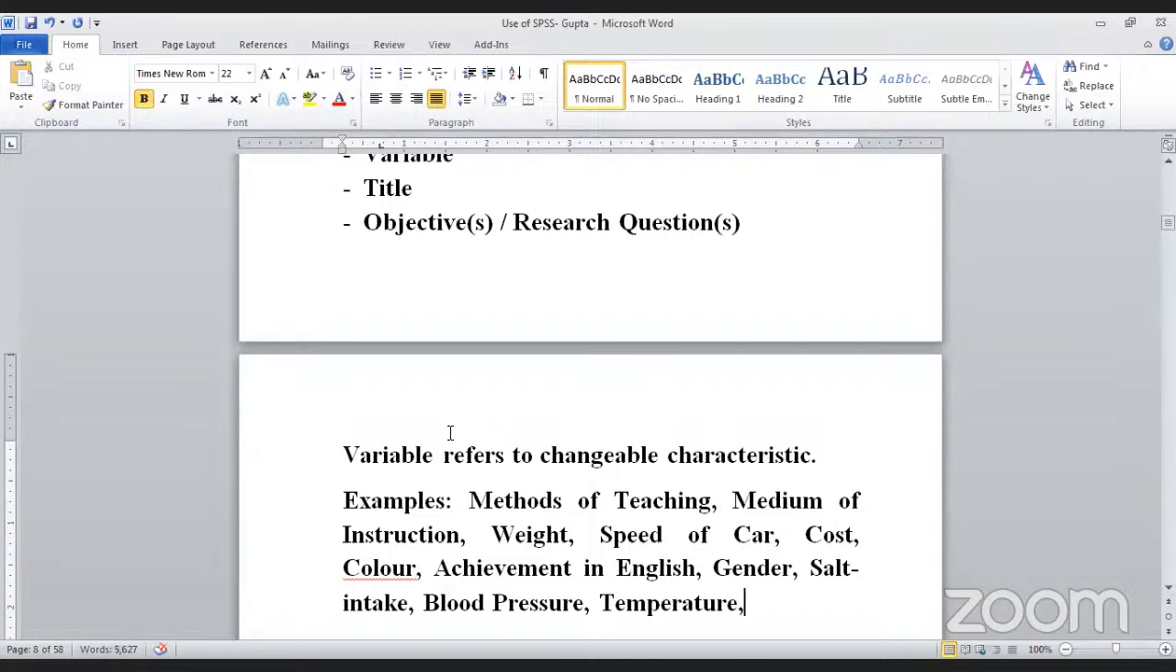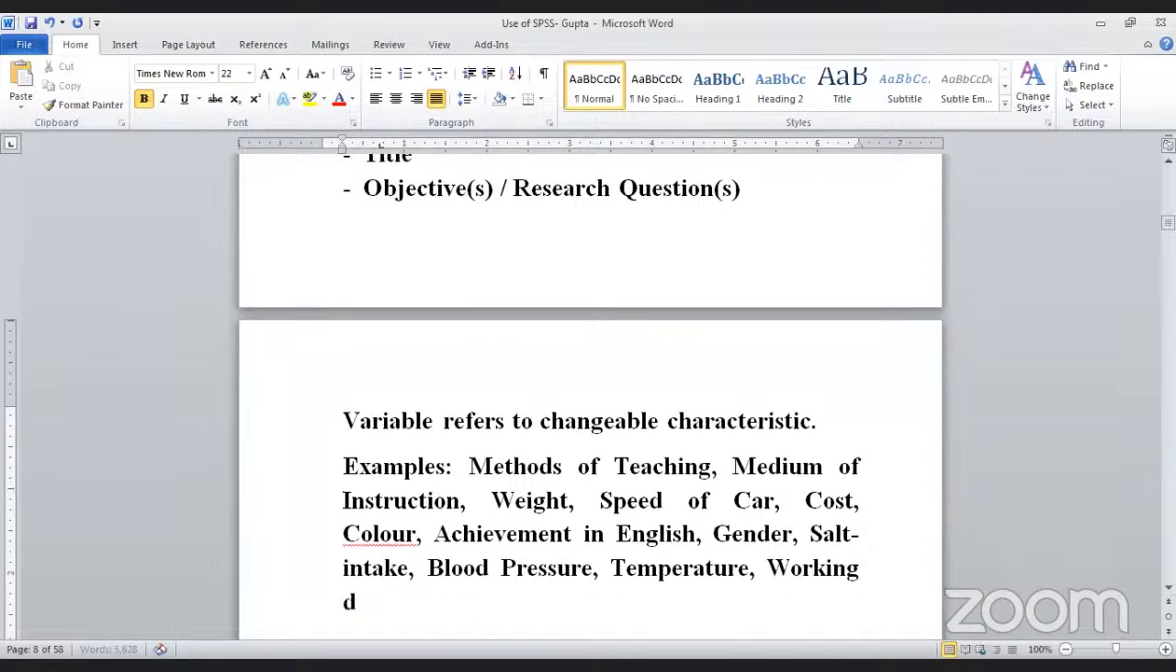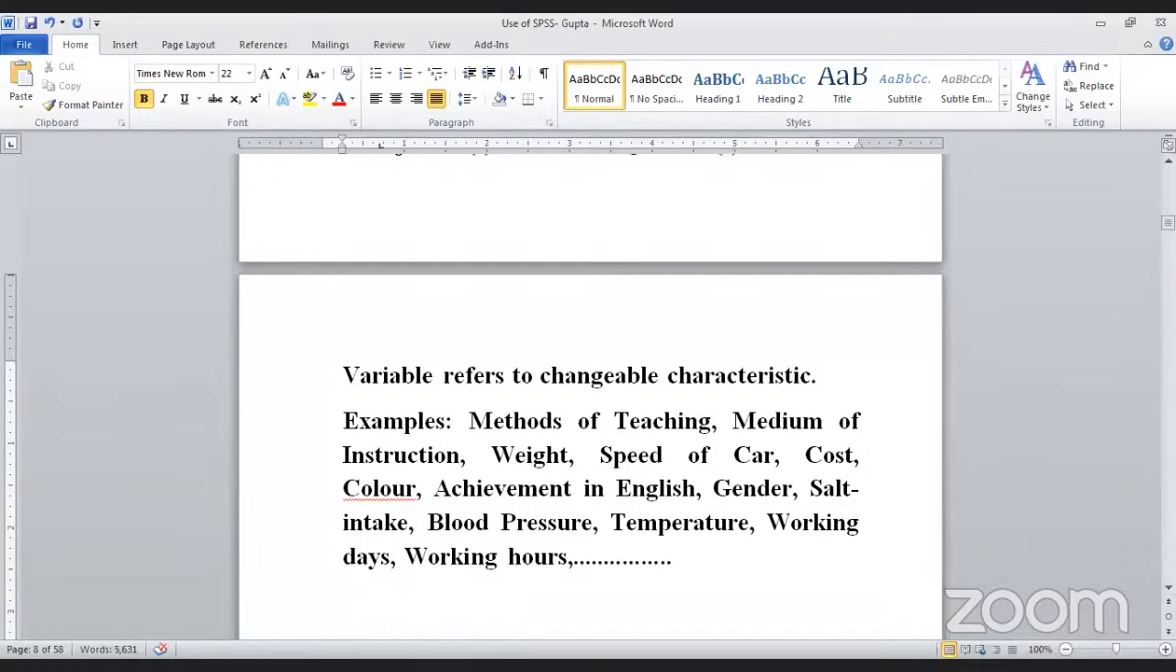Should I give more examples or these are enough? Yes, you can have working days, working hours. Should I give more examples of variables or these are enough? So like this, you find there are many variables. Then another is a constant. So constant